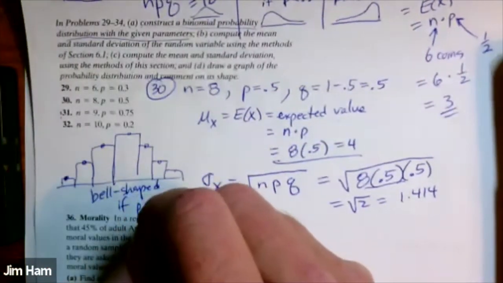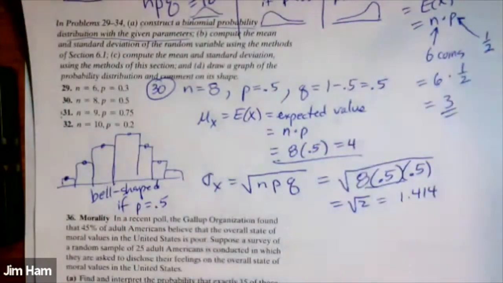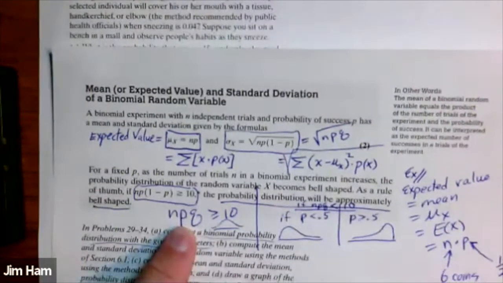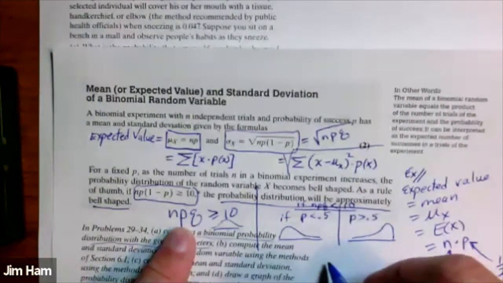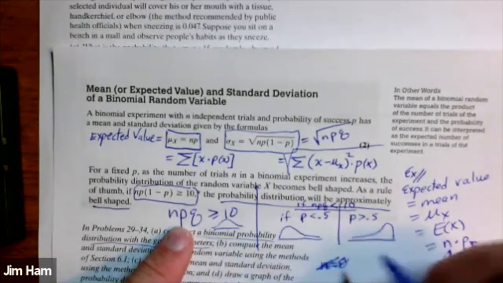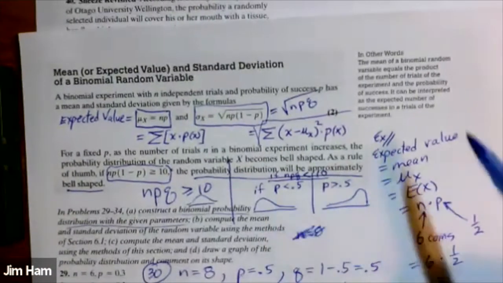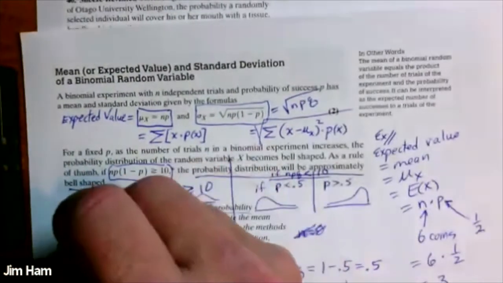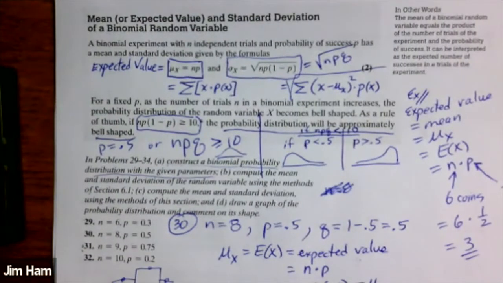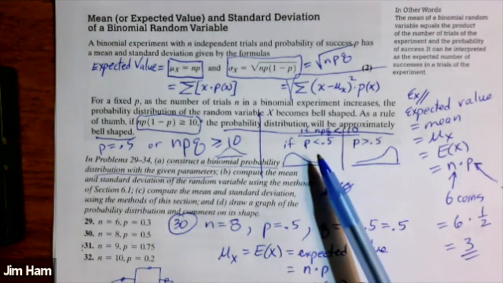Bell-shaped. Whenever p is equal to 0.5, you're going to have a bell-shaped binomial distribution. Let's check this up here. If we take n is equal to 8, this one's going to be bell-shaped, but it doesn't satisfy this. So maybe I'll just say, or if p equals 0.5. The further you get away from 0.5, then you really need a very large n value to make it look